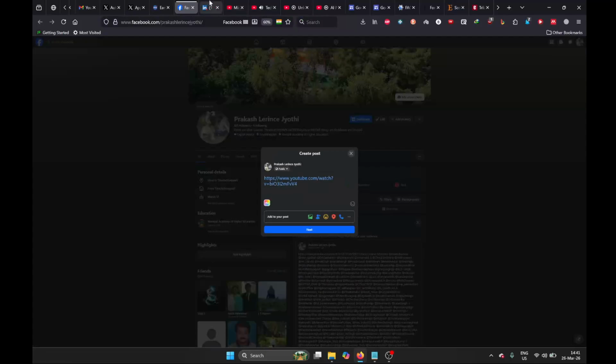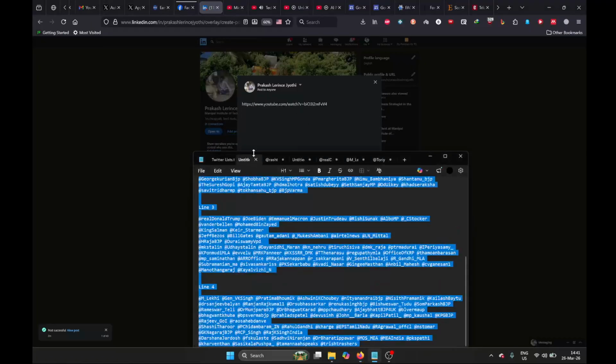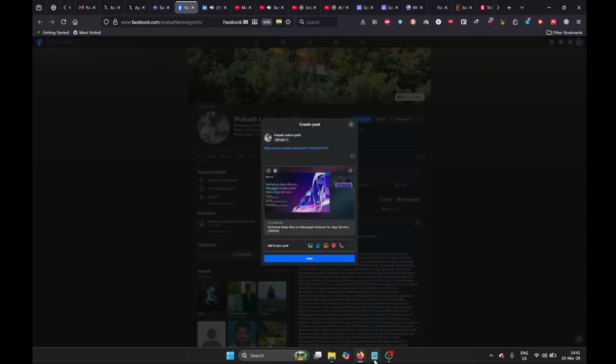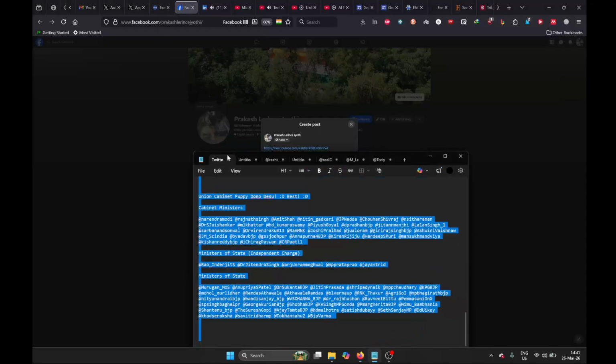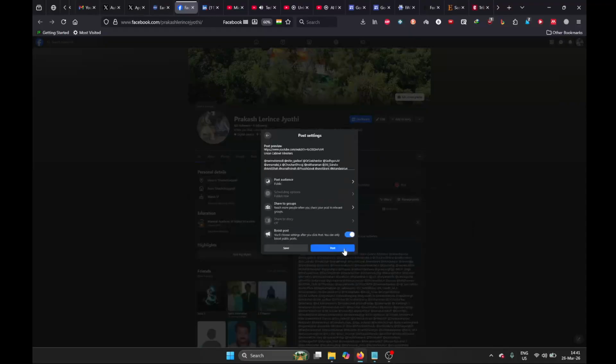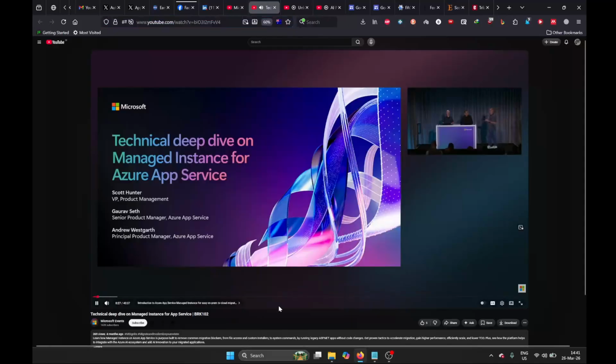So my name is Scott, and I'm here with Andrew and Gaurav from the team. Over the years, we've had many ways of hosting applications in Azure. I go back to think about even early App Service, virtual machines. But in many cases, you still have to modify your app in some way. And what we want to show folks today is how you can take an application and almost